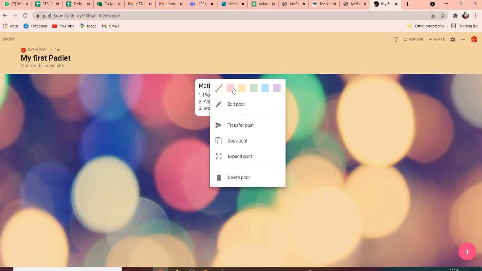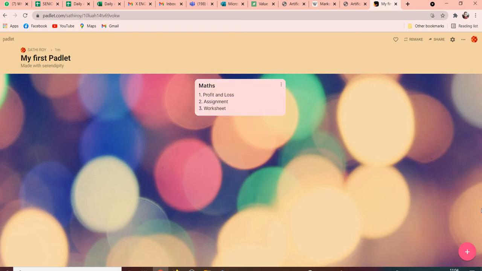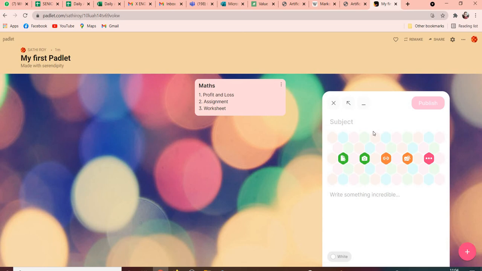Say I'm making that blue color, say pink color, and then somebody else will come and create one more, like this subject is Hindi, and the Hindi ma'am will write the content about Hindi, and here we can add the image also.